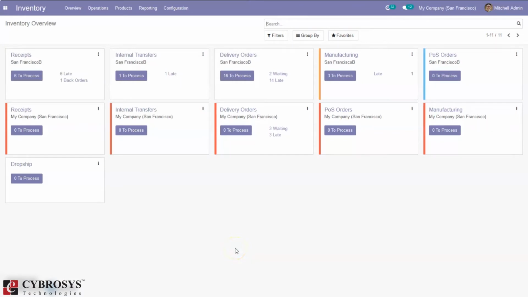So today let's discuss how to configure landed cost in Odoo 14 Community. So what are these landed costs? Landed costs are additional costs or charges associated with getting a shipment to its destination. It can be insurance fees, handling fees, shipment, customs duties, etc. And this additional cost can be added to the purchase price or product cost to get the total product cost.